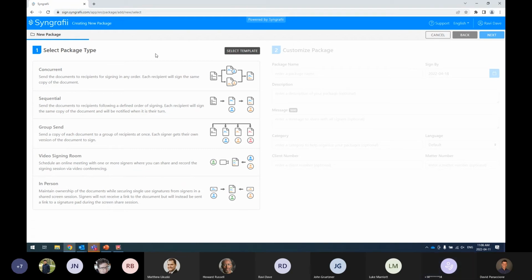In Syngrafii, when you send out documents for signing, we define that as a package. A package can consist of multiple documents within it, and a package is defined by one of the following workflow options. The first one being a concurrent signing. Concurrent signings allow you to send documents out to a number of recipients, where clients would receive an email, be able to sign the documents in any order, but each of them signing the exact same